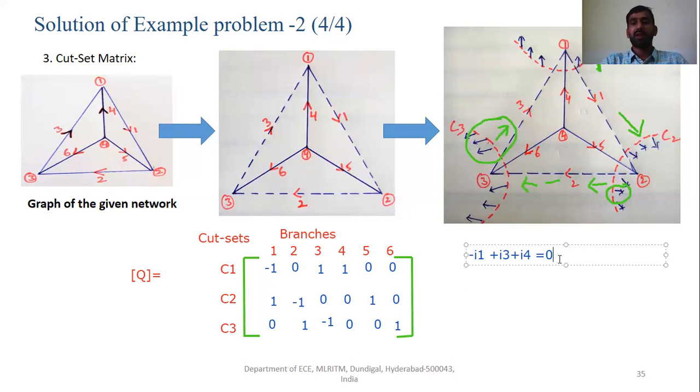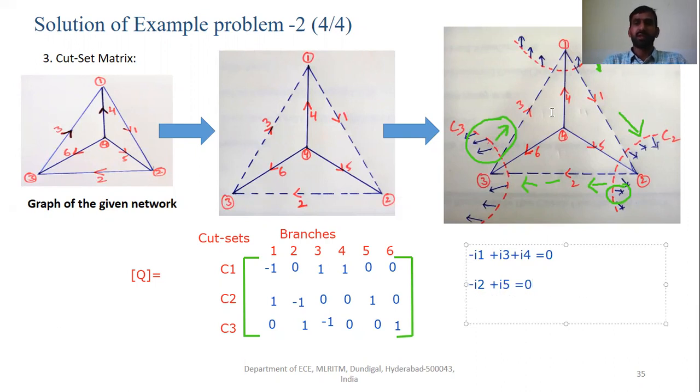Similarly, we can write the nodal equation with respect to the cut set C2. Directly from the matrices, you can write it directly. So check it out: minus I2 plus I5 is equal to 0.